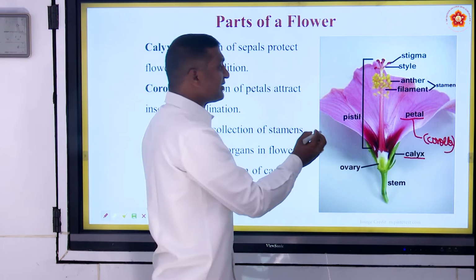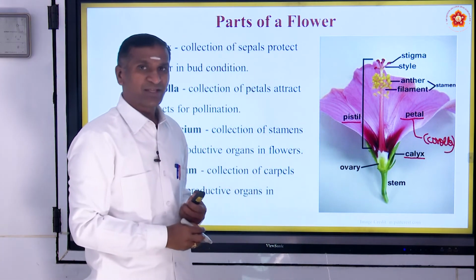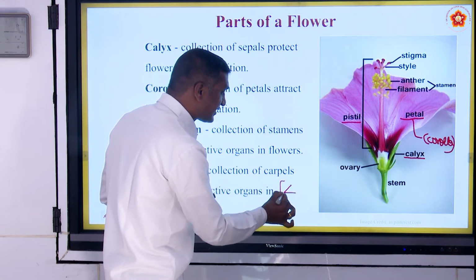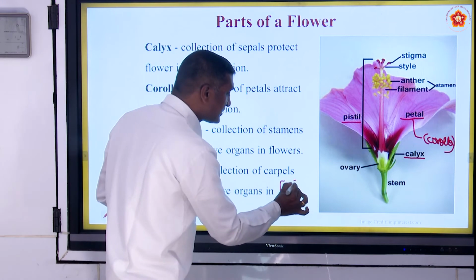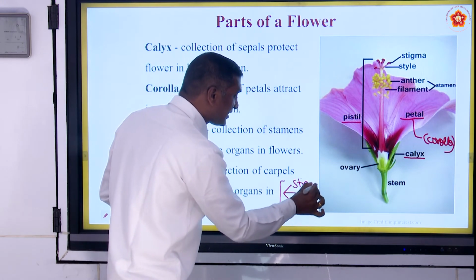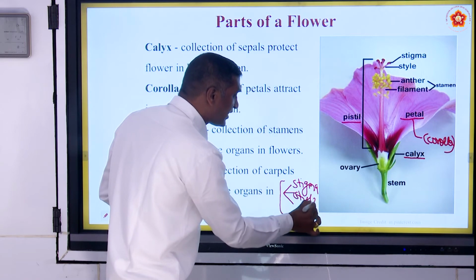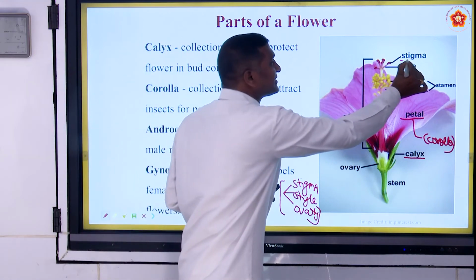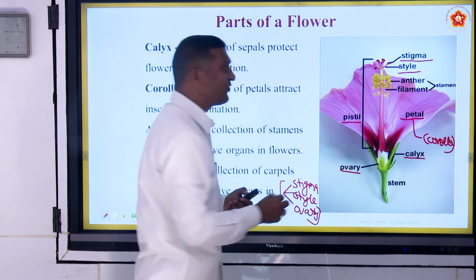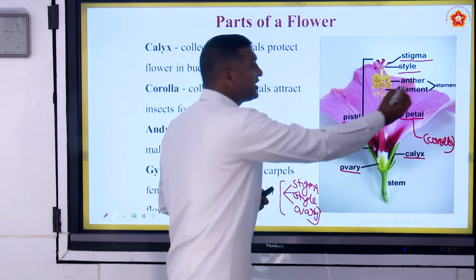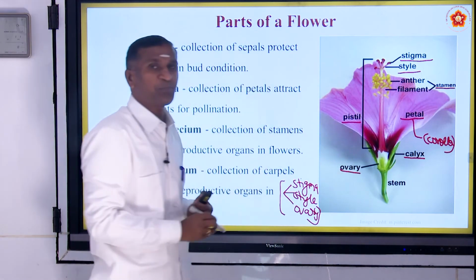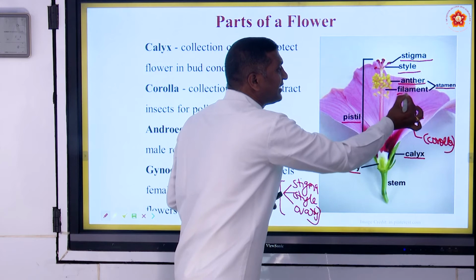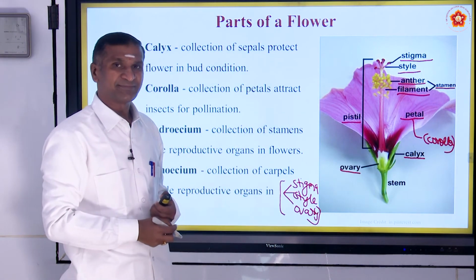Then you can see the pistil or the carpel. The pistil or the carpel has 3 parts mainly, which we will discuss in more detail further. It is the sticky stigma which is at the tip, the style which is an elongated tube, and the ovary which is the bulged part. So totally the pistil has stigma, style and ovary. Then you have the stamen, the single unit of male reproductive part, the stamen which is having anther and an elongated filament.